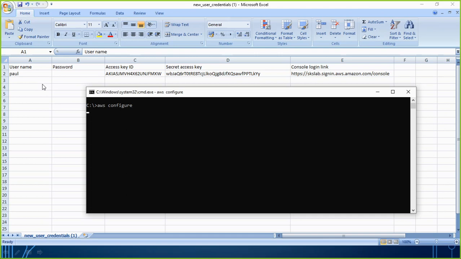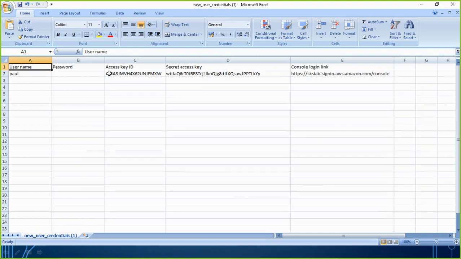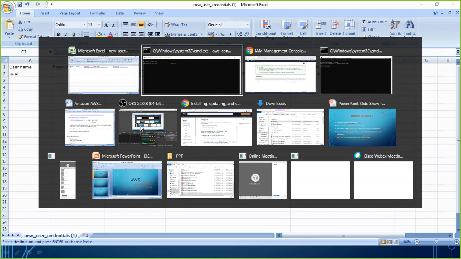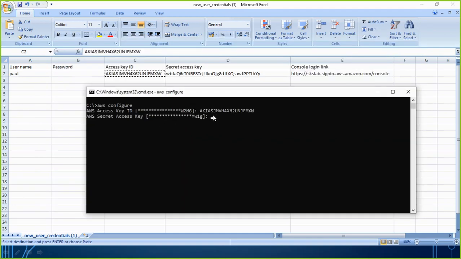Just hit enter, and you see it asks for your access key ID. So who am I? My name is, for example, Paul. My access key ID is this one, so I copy this access ID and paste it here.